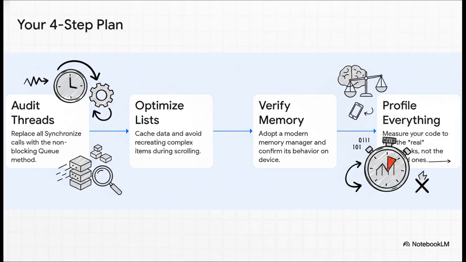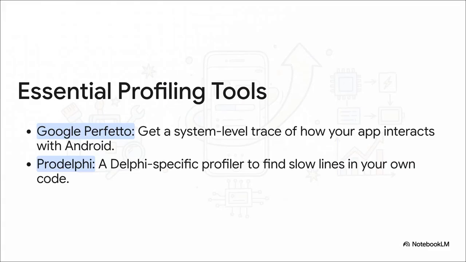Number 3, use a modern memory manager and actually verify its behavior. And finally, and this is the most important step of all, you have to profile your application. You cannot optimize what you do not measure. Don't guess. Profiling tools like Google's Perfetto and Delphi-specific tools like ProDelphi are your treasure map. They don't just give you clues, they lead you directly to the X that marks the spot where your performance